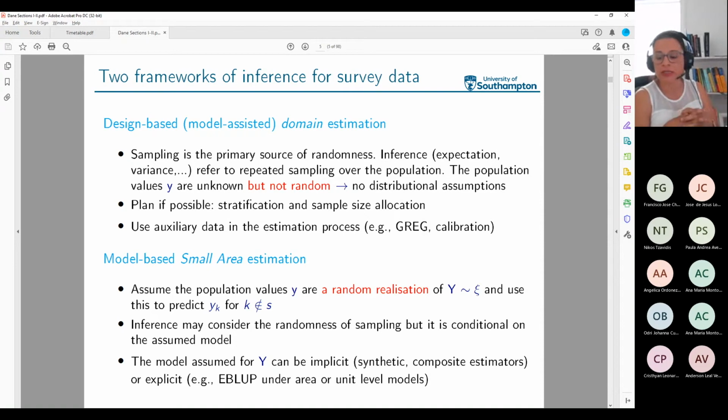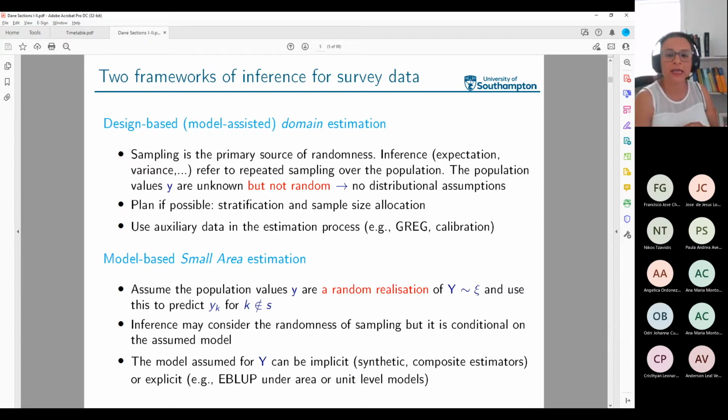I don't know how familiar you are with this framework of inference, but if you think about what the sampling people in DIMPE are doing, the team of surveys, that's what they do,